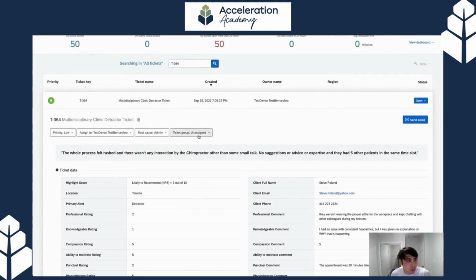And lastly, if I wanted to close the ticket, I have to put a root cause analysis, meaning that what was the reason this ticket was resolved? Was it admin? Was it a chiropractor expertise? Was it communication issues? And the more tickets you close, you'll start seeing a pattern emerge. So if there's a lot of issues with, let's say, administrations, you now know what to prioritize in your business, right? So if I do that,